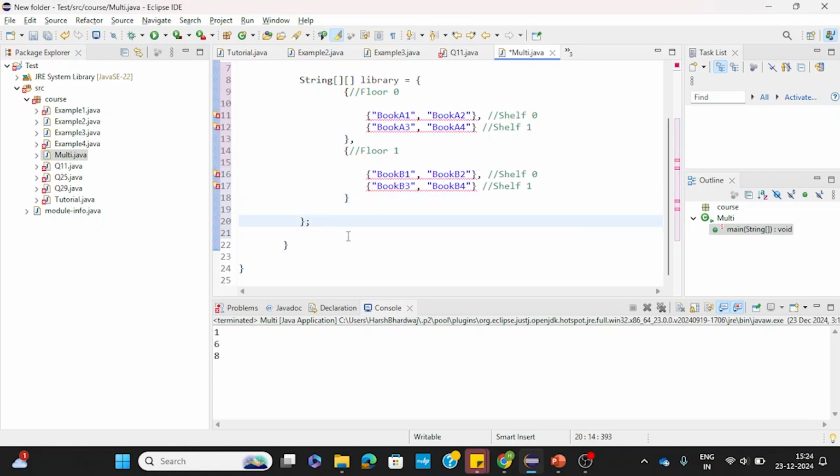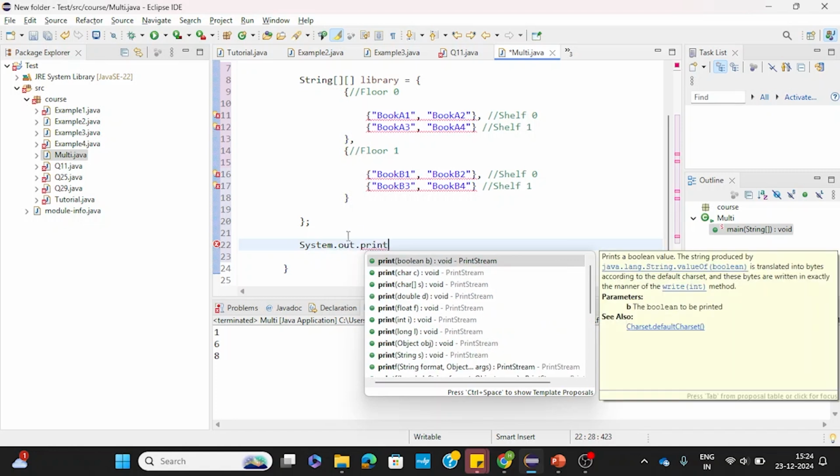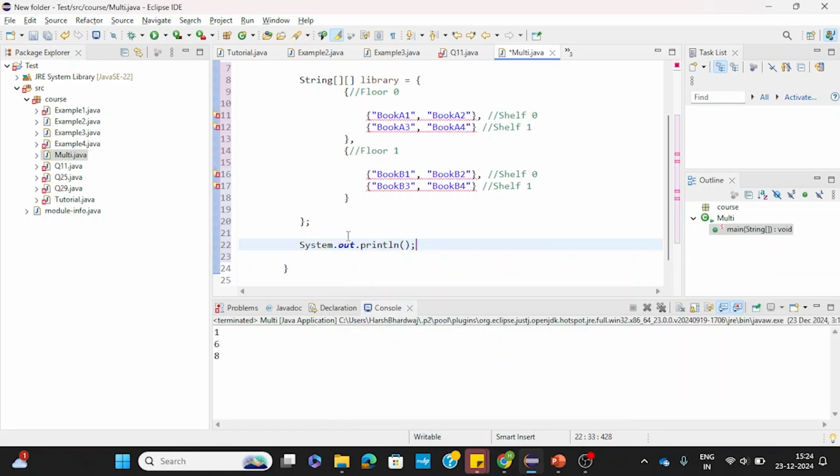Now it is time to access these elements. So how are we going to do that? System.out.println. Inside it we'll write, let's print something. Let's write book at, let's say I want to print the element at floor 0, shelf 0 again, and position 1. Let's say I want to print this particular element. So what I'm going to do here,